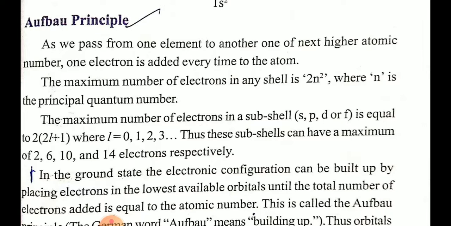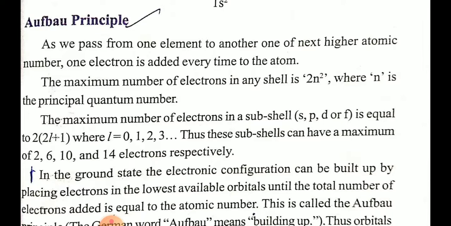For the first shell there will be only one orbital, that is 1s, because the s subshell has only one orbital,